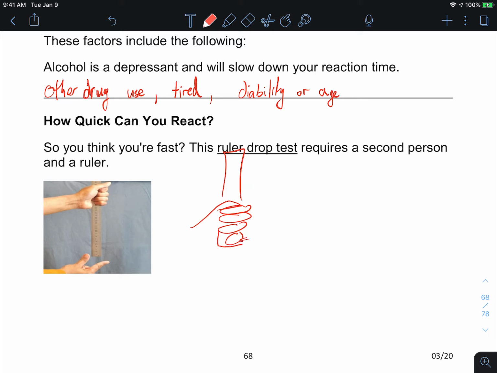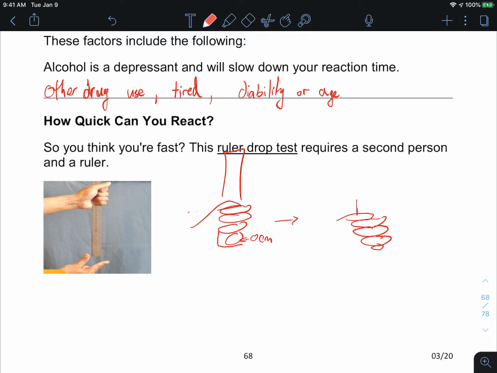and make a note of what number this is. Maybe it's, let's say, 0 centimeters. And then you release it, and how does it work? Or maybe someone drops it for you and you catch it, something like that. Anyway, as you drop the ruler, you catch it, and when your hand catches the ruler,